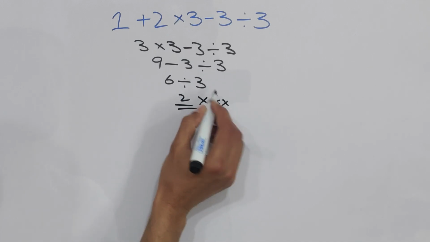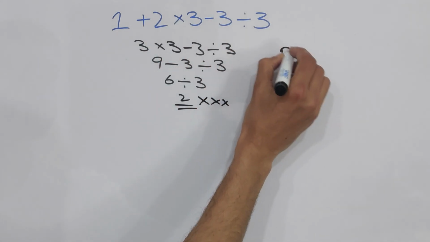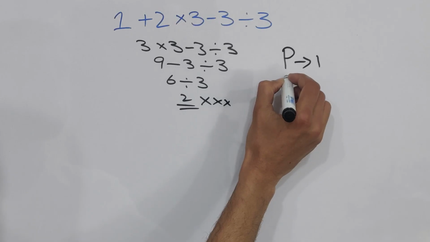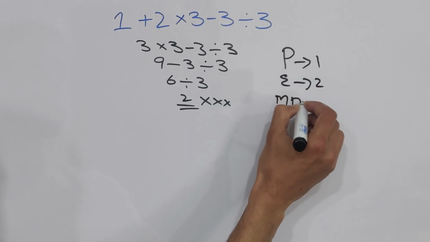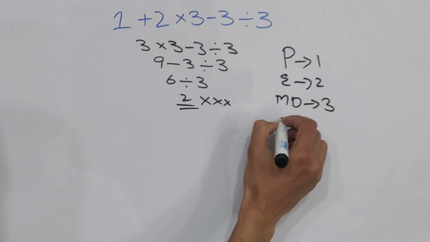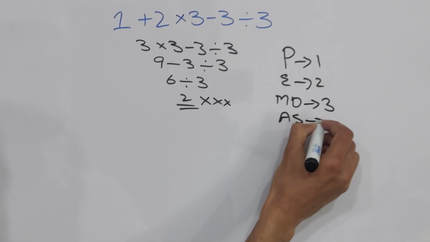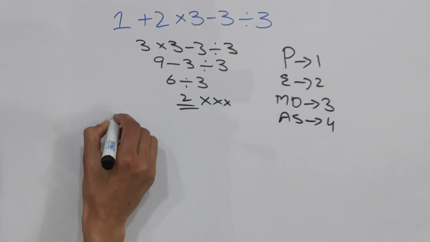This is the incorrect answer. Follow the order of operations. We use the PEMDAS rule. Parentheses first, exponents, multiplication and division from left to right, and addition and subtraction from left to right. Okay, so solve